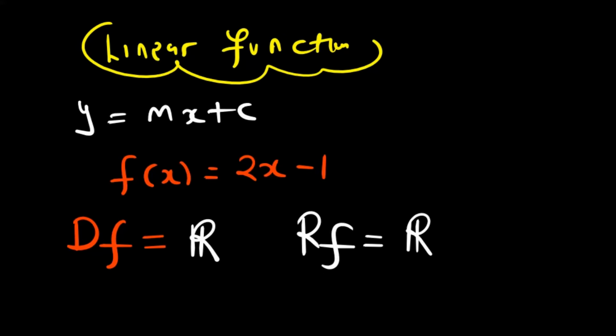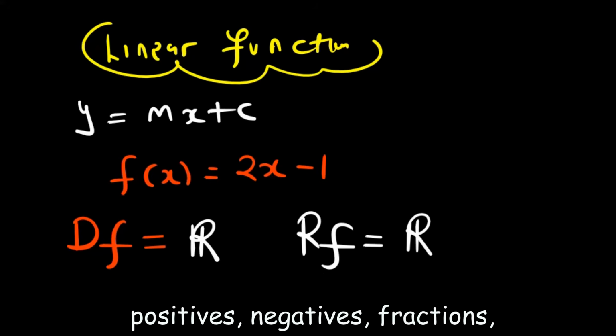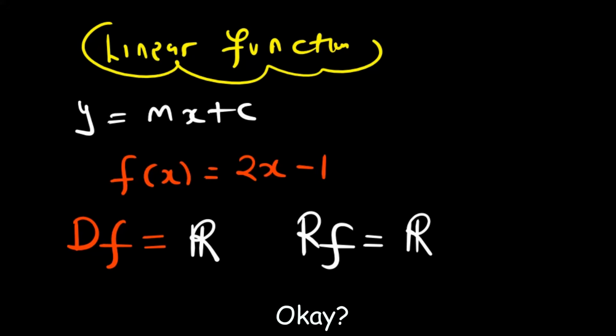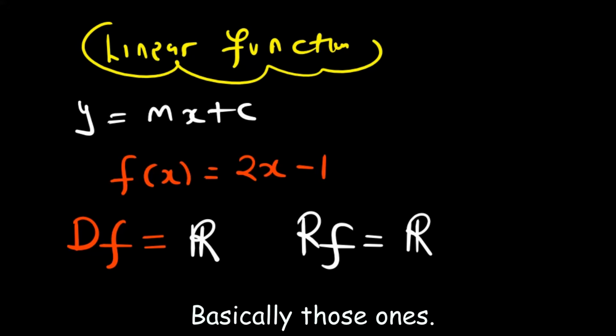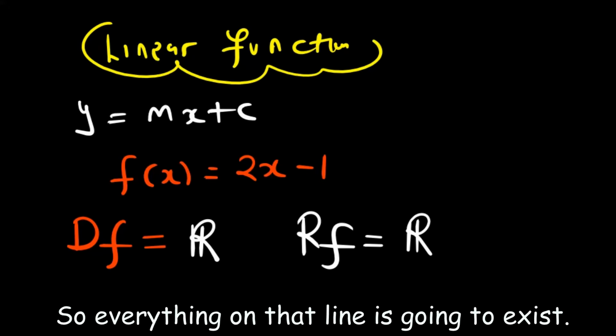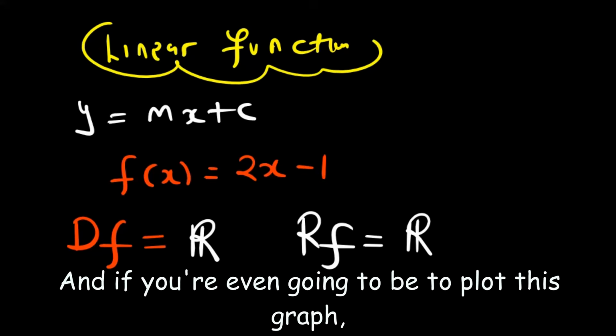Real numbers are all the numbers that you can think about in your head right now: positives, negatives, fractions, decimals, except numbers like complex numbers. Okay, basically those ones. Otherwise all the numbers are going to be real numbers. Okay, so everything on that line is going to exist. And if you are even going to maybe plot this graph,